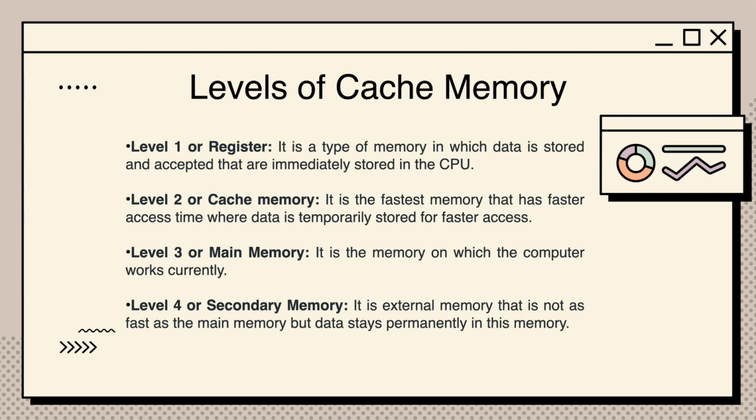So let's speak about level 1 cache memory. Level 1 cache memory is the smallest and fastest cache in a computer system. It is located on the CPU chip itself, making it the closest and most quickly accessible cache to the processor. Level 1 cache is typically divided into two sections, the data cache and the instruction cache. The data cache stores the data the CPU is currently working on, while the instruction cache stores the instructions that the CPU will execute next. The primary purpose of level 1 cache is to reduce the time the CPU spends waiting for data and instructions to be retrieved from main memory.